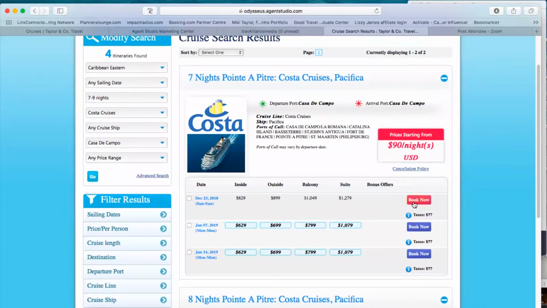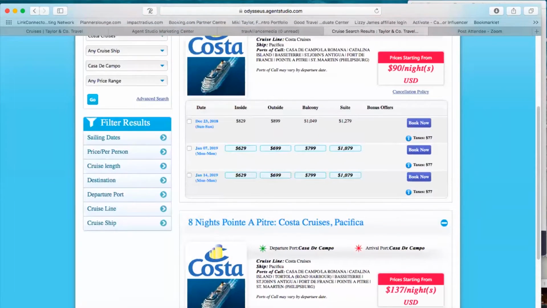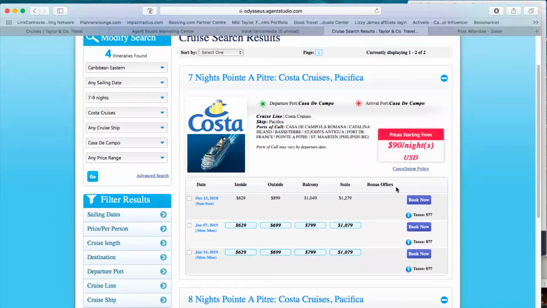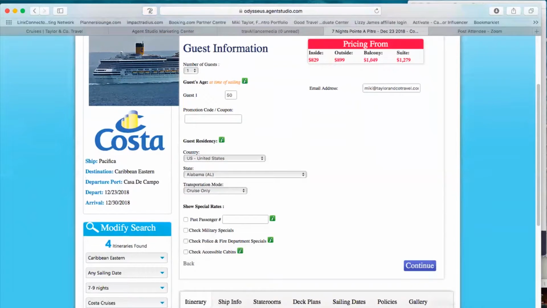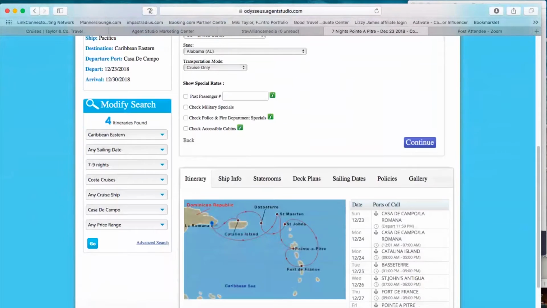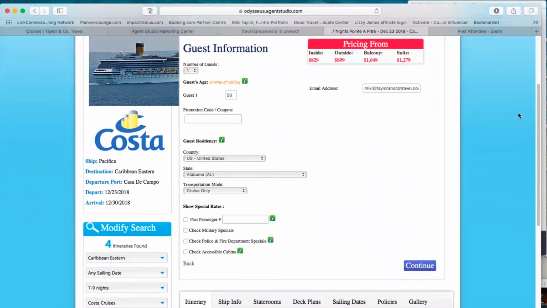Each of the different dates is counted as one itinerary. So there's really only 2 different cruises, but 4 different dates that meet the criteria. And if you click book now... One of the reasons why I use the cruise booking tool as a sales qualifier is that I send out some criteria based on what my client is looking for. I send them the link and the criteria so that they can whittle down from 15,000 itineraries to 3 or 4 that they would be interested in, and then I can give them some feedback,